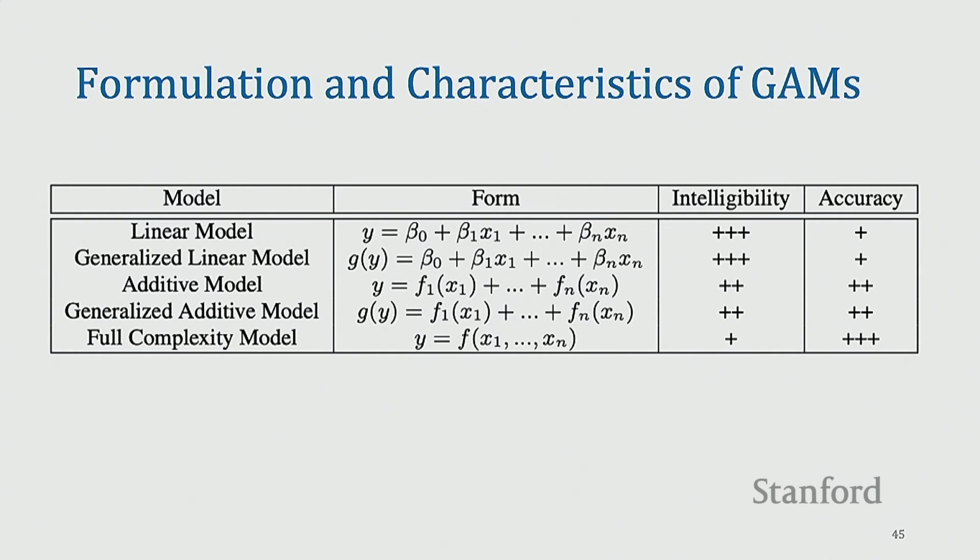Now, if you think of the generalized linear model, which is something like a logistic regression, in that case also, your intelligibility, or ability to see the weights and then see what they're doing, is good. But again, accuracy may not always be good, right? And then the third row is the additive model, where you are just thinking of an additive combination of different functions. Your intelligibility is probably a bit worse off than just seeing the actual variable itself, because now you're seeing a function. Your accuracy might improve a bit though, right?